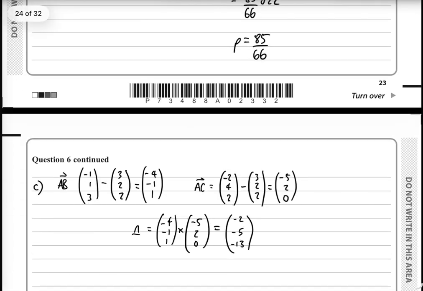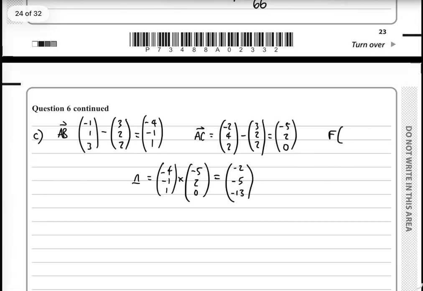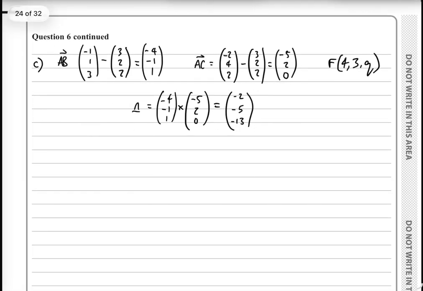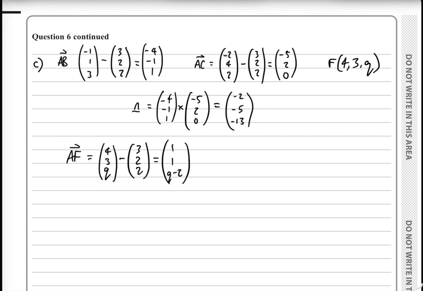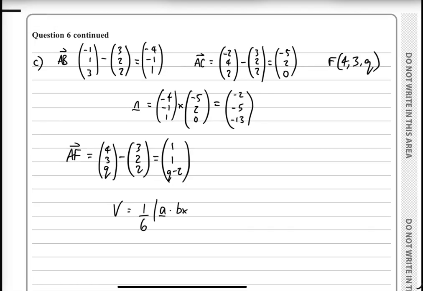This is part C, and F had the coordinates, I've forgotten already, 4, 3, Q, and we need a third vector out of this, so AF would be 4, 3, Q minus 3, 2, 2, which is 1, 1, Q minus 2. Now the volume, if you remember the formula, is 1 over 6 times the magnitude of a dot b cross c,